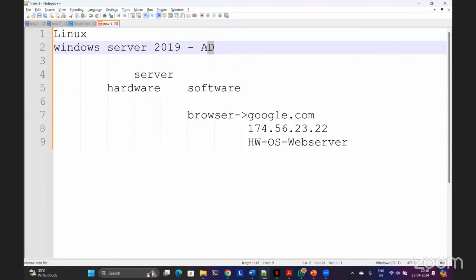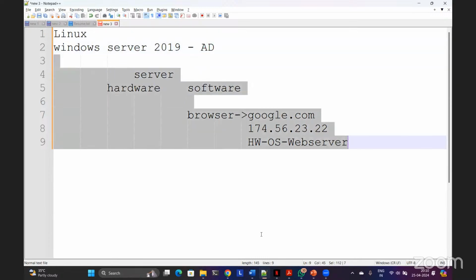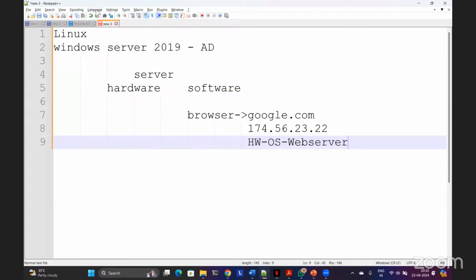You just create the user in AD, and the user can log into all other 100 servers. So that is AD. Although you can also join Linux servers to the AD. We'll be discussing all these things in detail. I'm just giving you an overview, just to give you an idea why Linux is preferred over Windows. Okay, go to the slide now.